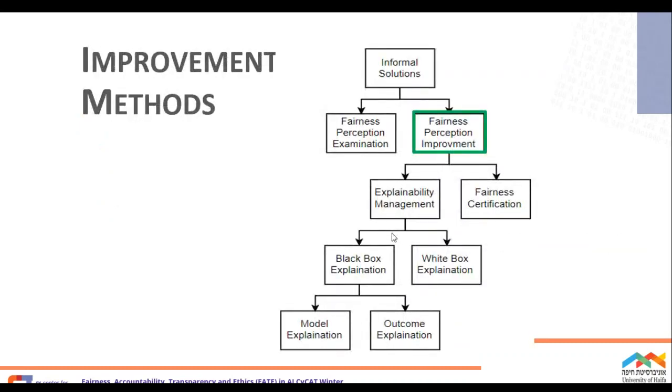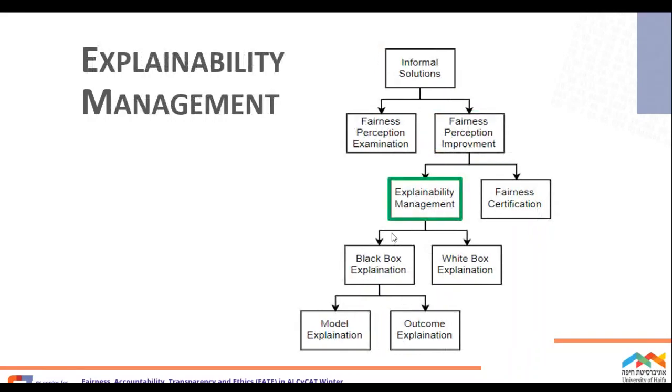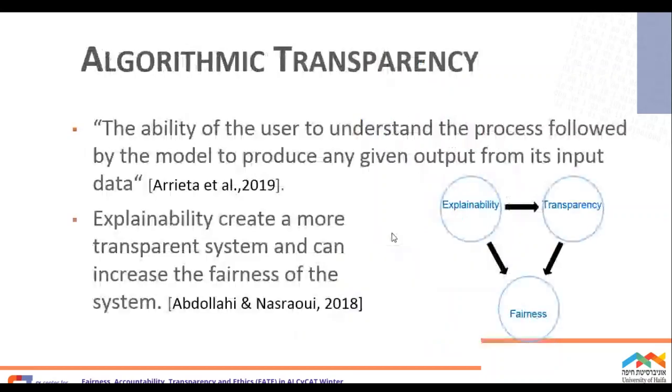Then, assuming that the system is perceived to be unfair, we would try to improve the fairness perception. And this can be done in two different ways. One is the issue of explainability. If we would like users to perceive a system as fair, we better explain why an output has been reached, how it has been reached, whether it is distributed or how there is the correlation between the data and the characteristics and the output, how is it happening, whether it happens similarly in different populations, and how it can be